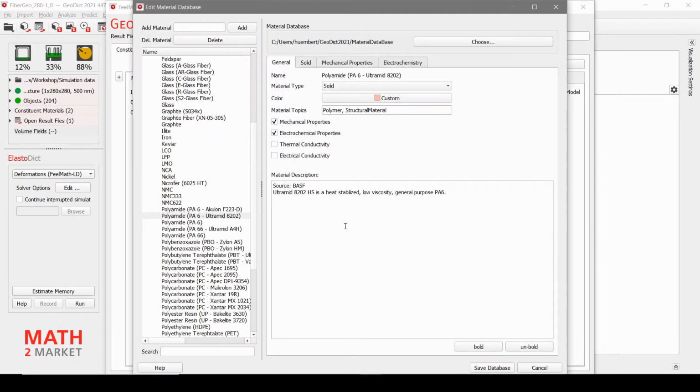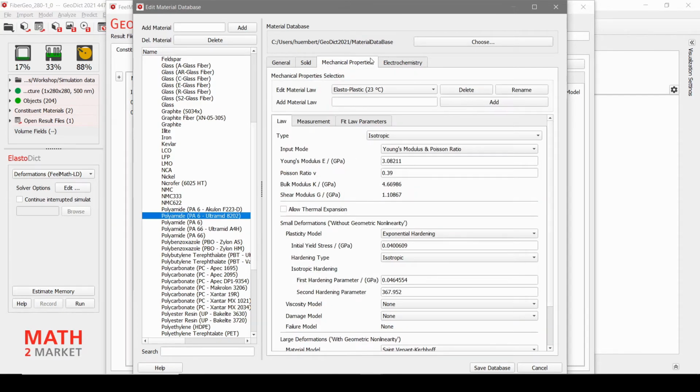And if you then go to mechanical properties, you can have a look at the laws for this material. And you see that there's elastoplastic at 23 degrees, at 80 degrees. So look at the Young's modulus. It's going to change with increasing temperature at 120 degrees and also 150 degrees. We stay with the 23 degrees.